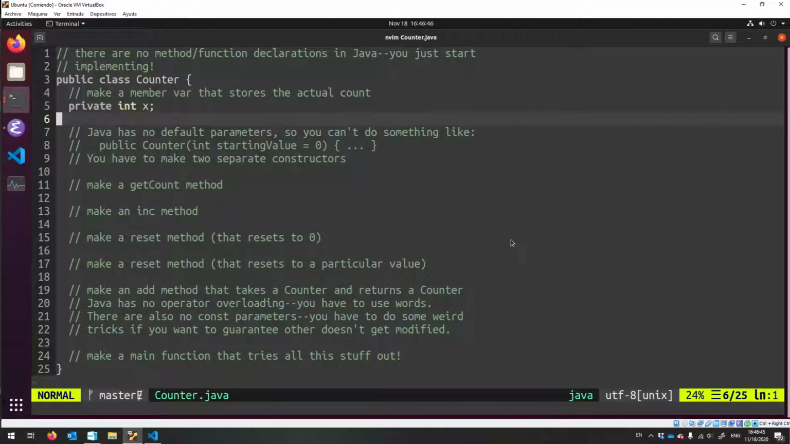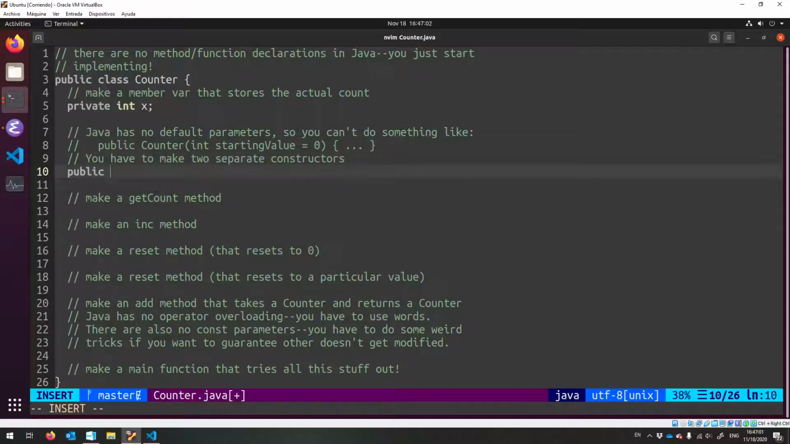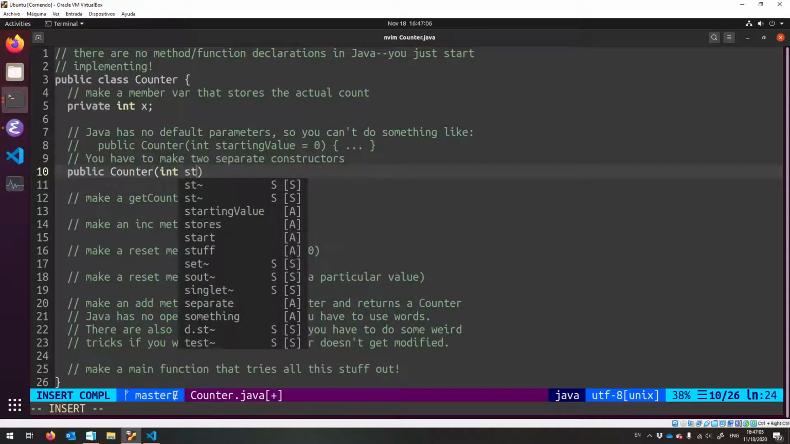Which is fun. You just got to remember that. It's a public class, everybody can use it. This is a private member variable of any object of that class. All right? So now, let's make a constructor. And so we'll say public counter. It'd be nice to give it a starting value, things like int starting value,